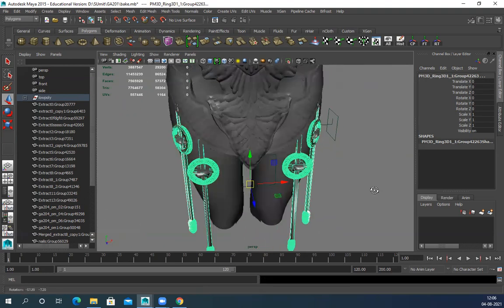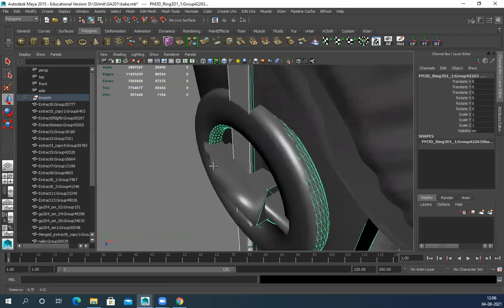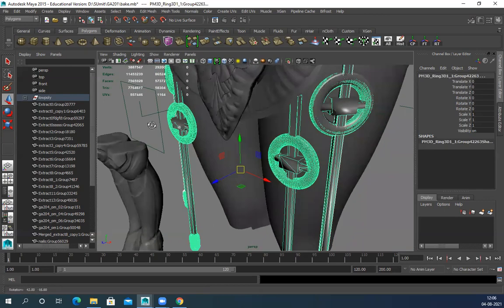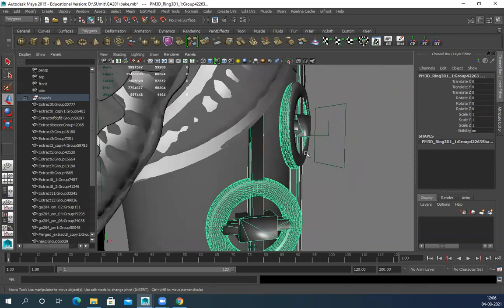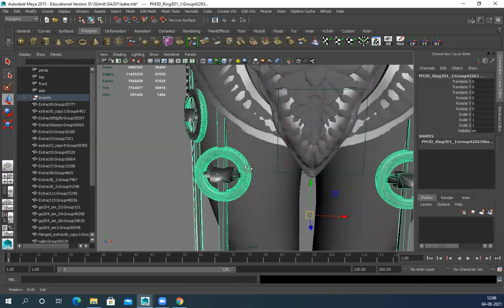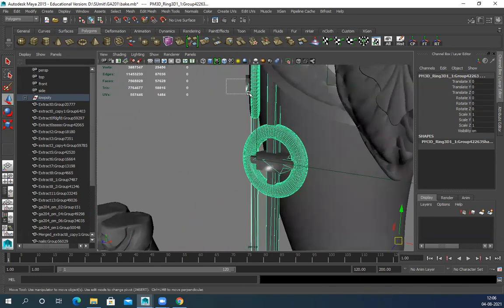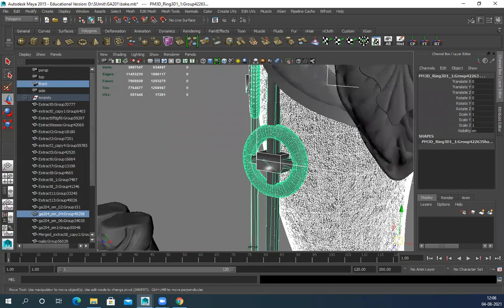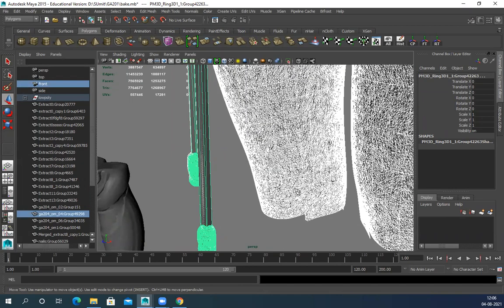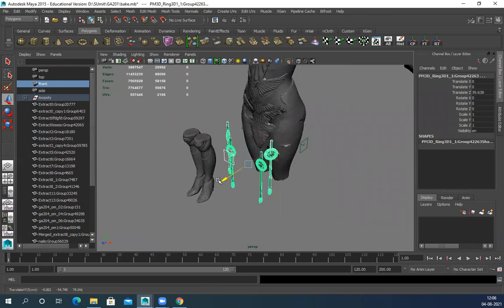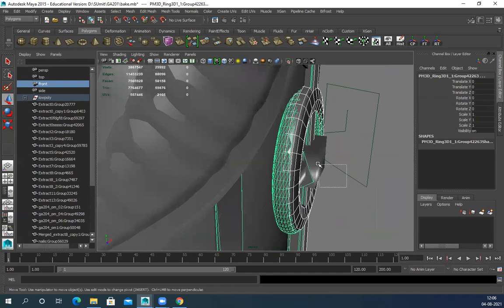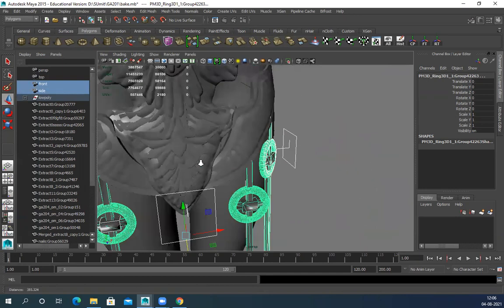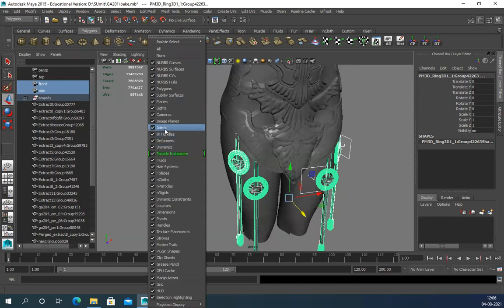This thing missed. You can see the position has a slight issue, so I have to make sure the position is correct. I have to move it and fix it. So this one. Cameras I don't want.